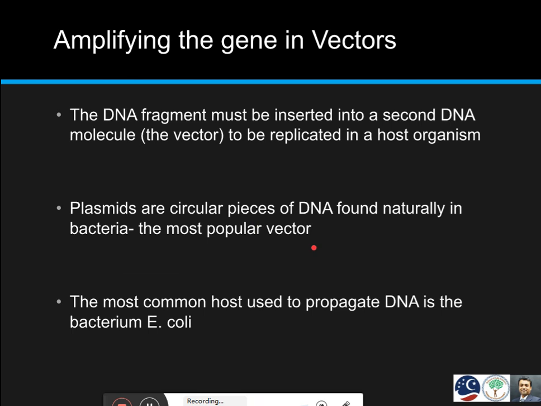The next step after collecting the target DNA fragment is to insert it into a vector DNA. Again, the purpose is to maintain the target DNA in a suitable host, which is usually bacterial cells. The plasmids in bacteria are used for this purpose. You know that these plasmid DNAs are nothing but circular DNAs. They can be easily collected from bacteria.